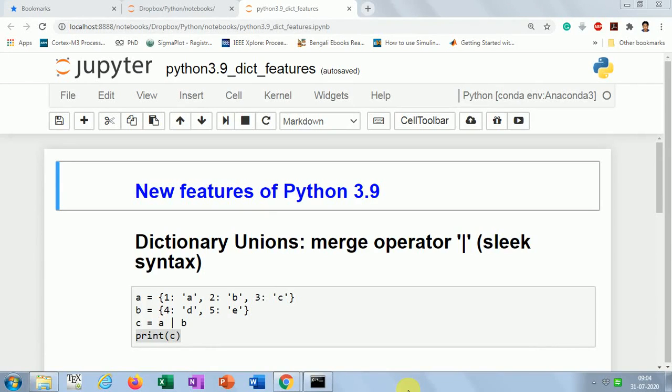Welcome to another video of Python programming. In this video I will look at some of the salient features of the new version of Python, that is Python 3.9. This version will be released soon this year, and already the beta version is available in the repository. So I will discuss some of the incredible features that have been incorporated in Python 3.9, and